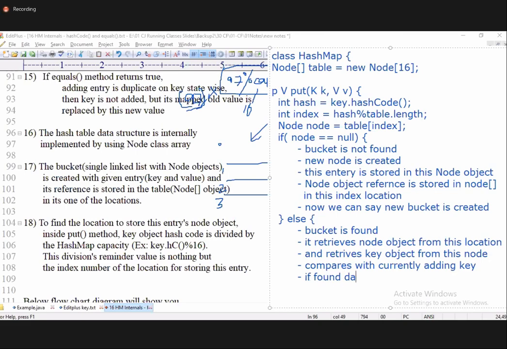If found the same, the value is replaced. If not found the same, found different,